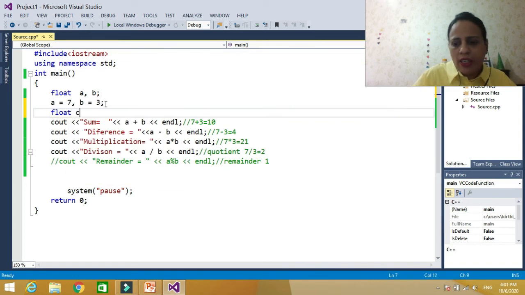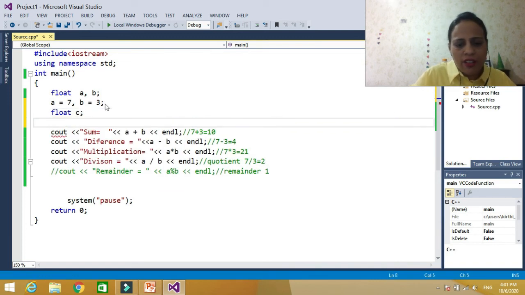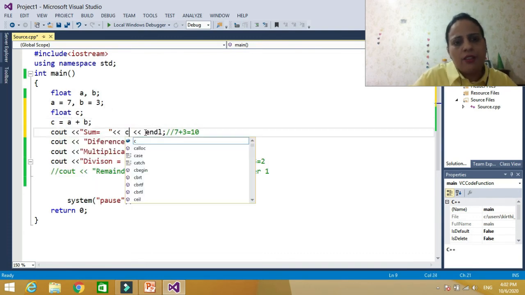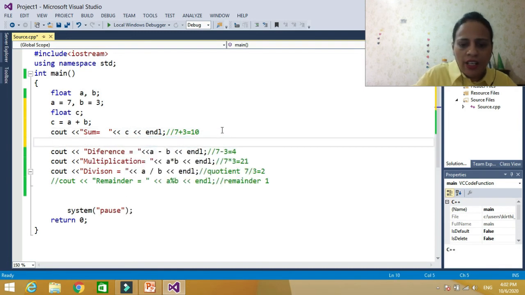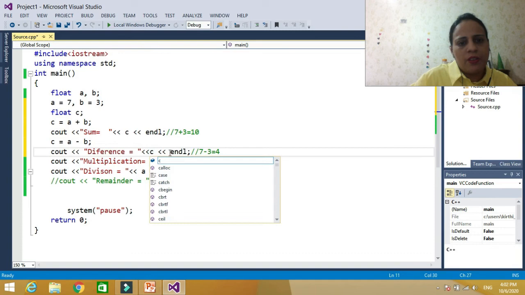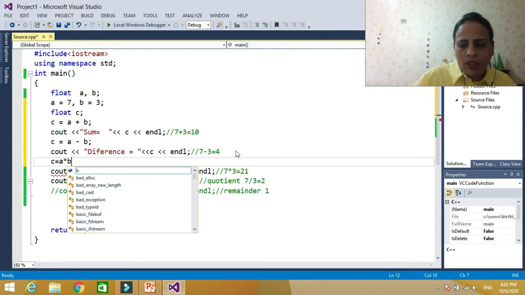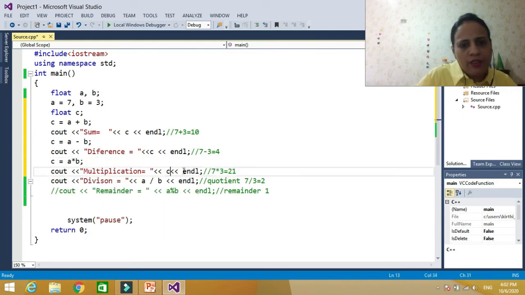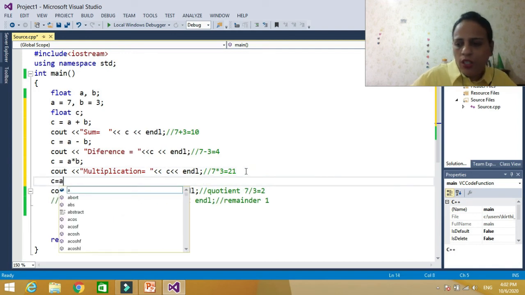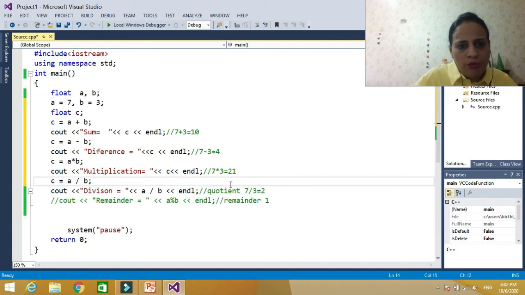Let's say I declare C, and then I say C is equal to A plus B, and then I cout C. Again I can assign another value to C: C is equal to A minus B, and then I display this C. Again C is equal to A asterisk B, and then I display C. Again I can write C is equal to, so it depends upon our problem, what type of problem we have. We could do any of these.